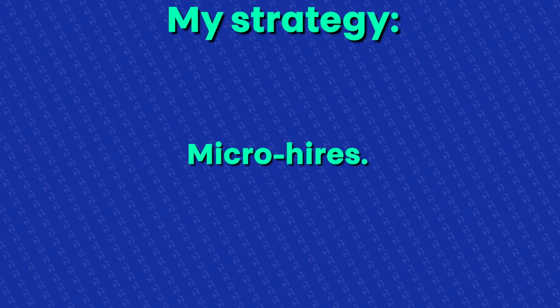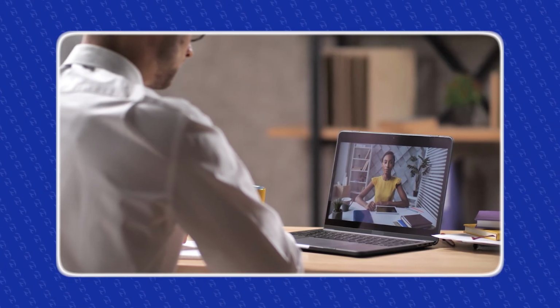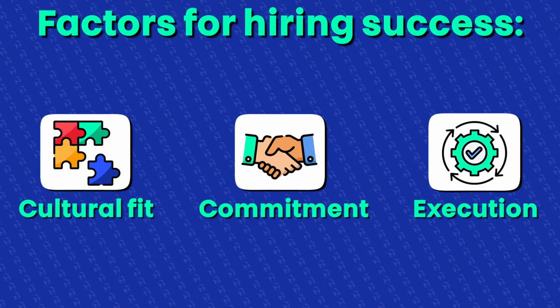And my strategy to make sure I could hire people in advance without having to make full-time hires is actually pretty genius. I do what I call micro hires. When I interview people, I let them know that we have a 20 to 30% success ratio for a series of given reasons, which includes cultural fit, which includes commitments, which includes execution, which includes whatever. And when I interview people, I ask them if they would be willing to come on, to get paid to train on 1 or 2 accounts and go through my training process.